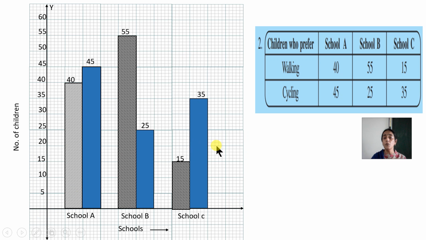Now one more thing children. Now you know how to plot a graph, isn't it? This is a double bar graph. Again, see that you buy only this type of graph paper. Once again, I repeat, buy a graph paper where 1 centimeter is equal to 5 small squares, or you can count the squares in the horizontal side, that is 5 small squares. Is it clear? Understood?